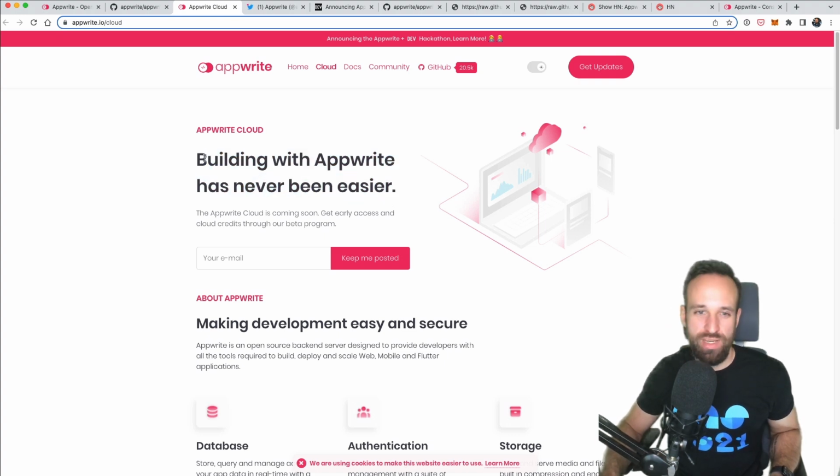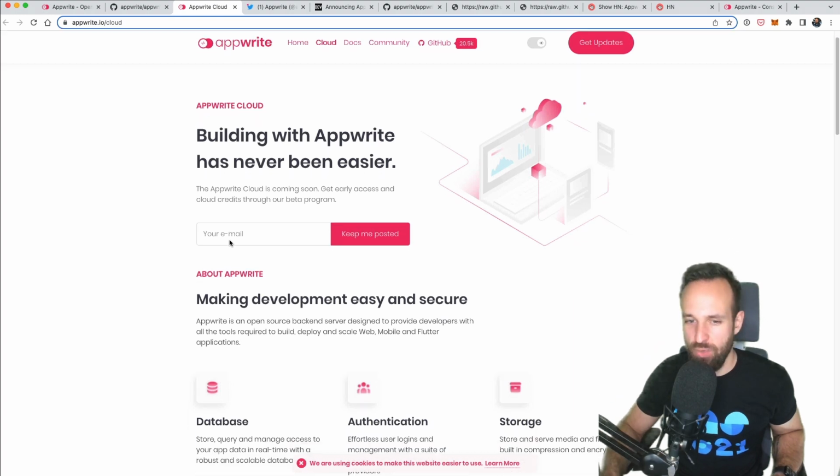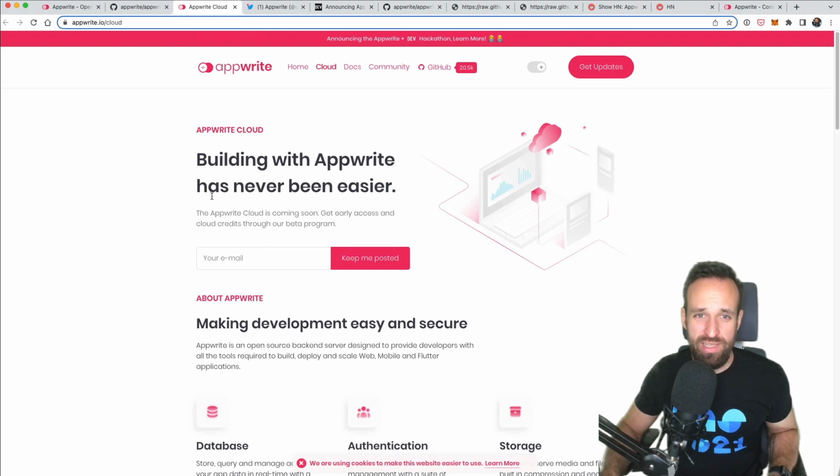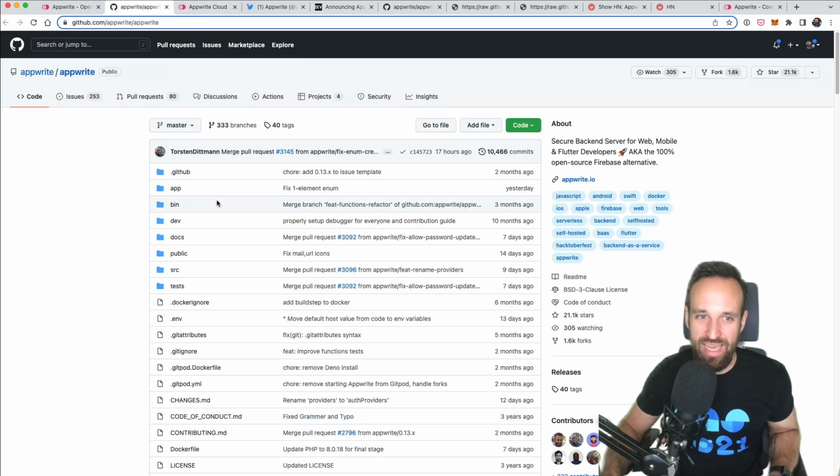Others started with having a cloud platform and then later offered the self-hosting. Appwrite came from self-hosting and now offers cloud in the future. So that means I'm pretty sure with Appwrite cloud hosting, they will make some kind of money, because if you got 30 million funding, there has to be some serious business plan behind Appwrite.